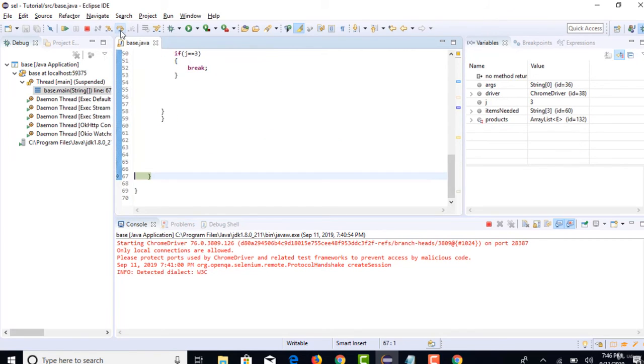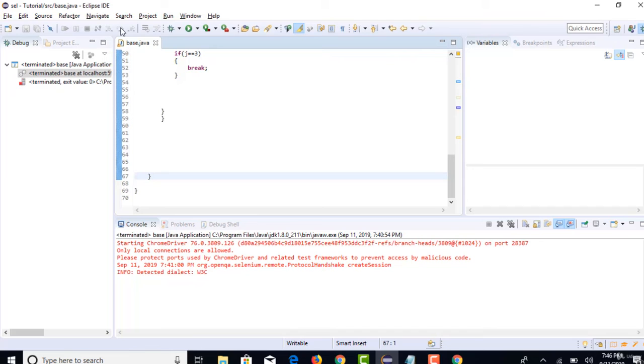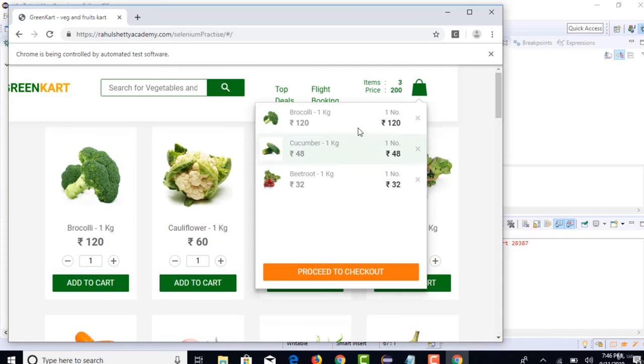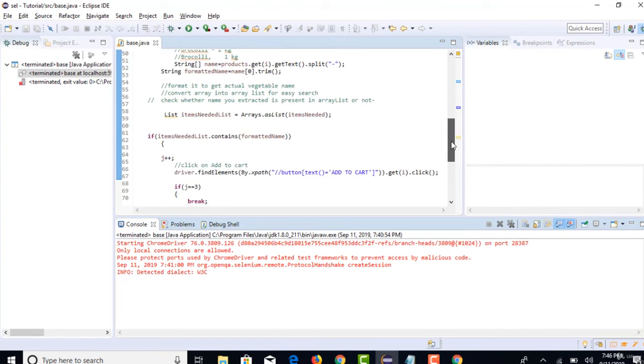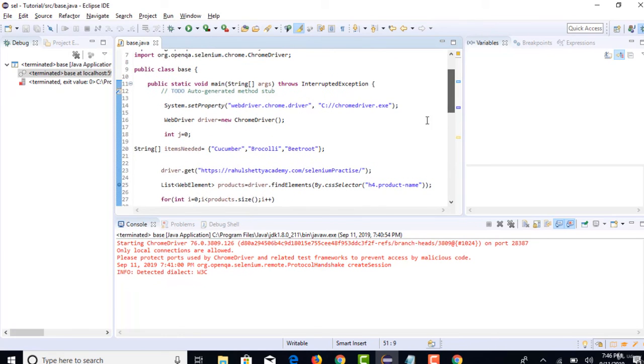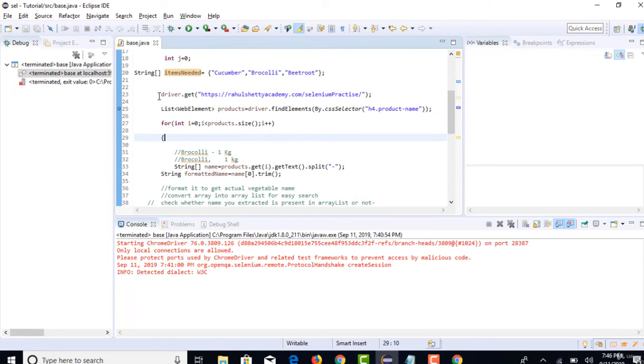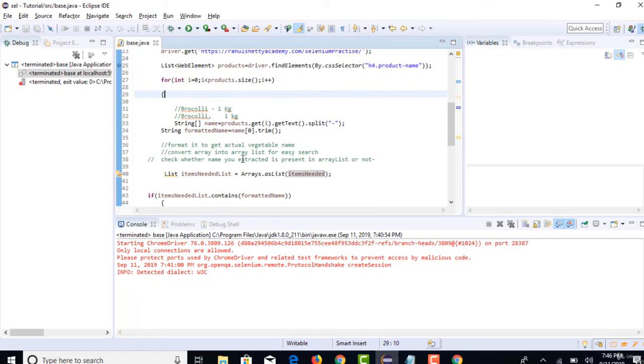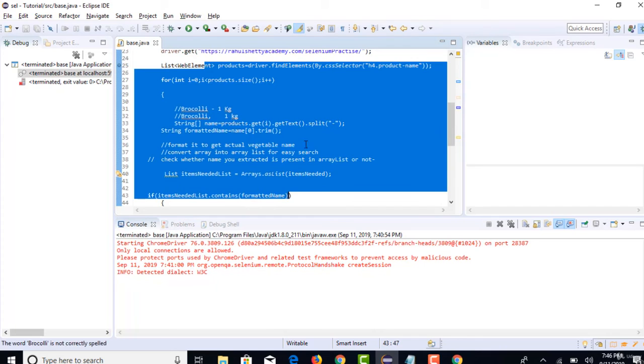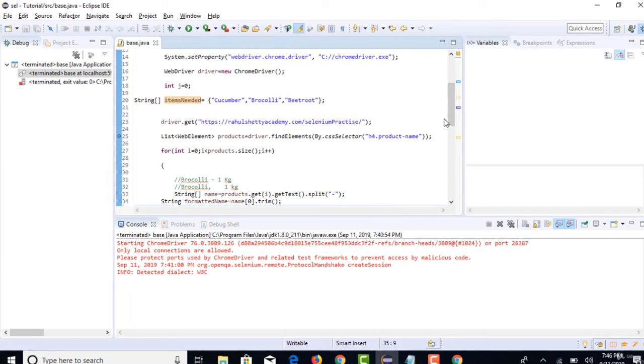And when you execute this step, you see that it came outside of the for loop and your test is completed. That's it. Execution is done and you can see all these items added into the cart. If you carefully observe, we have implemented the break statement in such a way that whenever all these items are fulfilled, then just come out of your for loop. So now I think you will get confidence in what you have written. If your test fails, then do debugging like this so that you will clearly understand where exactly things are going wrong. And we have also proven that our entire test is working as expected. So with debugging, it's working.